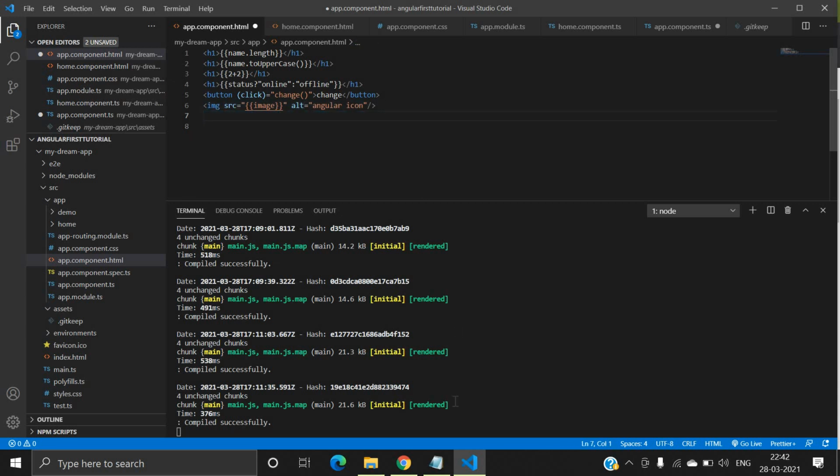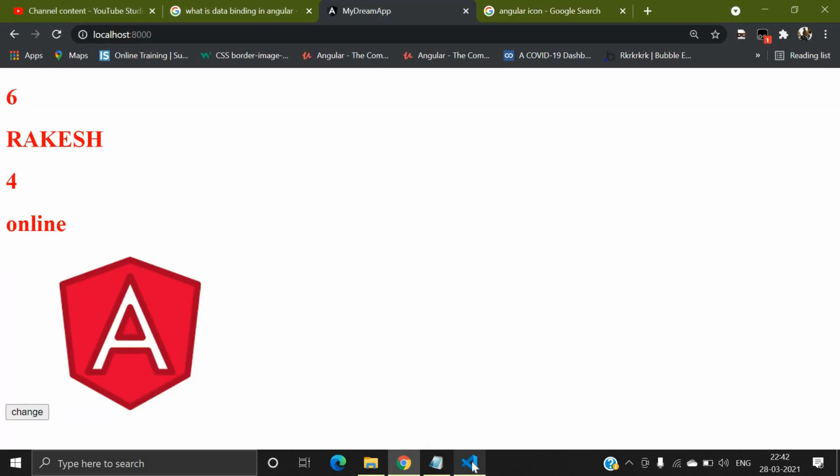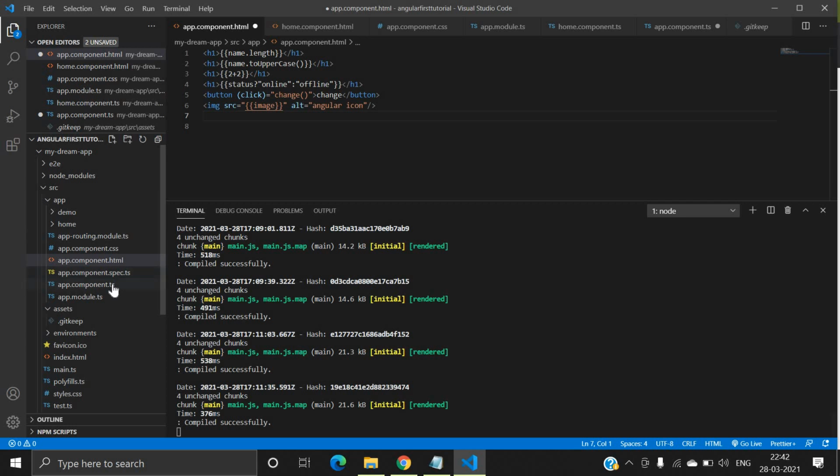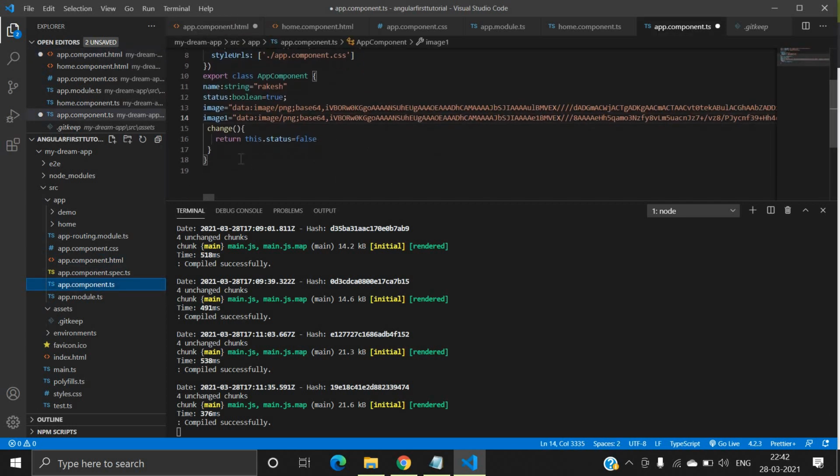Like if I want to change this icon with the help of a button, how to do it? So first of all I will go inside the ts file, and we will create another method like change image.